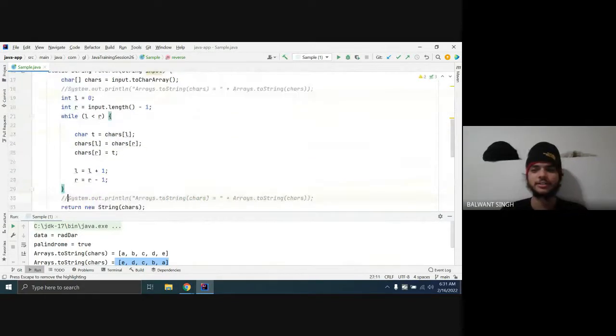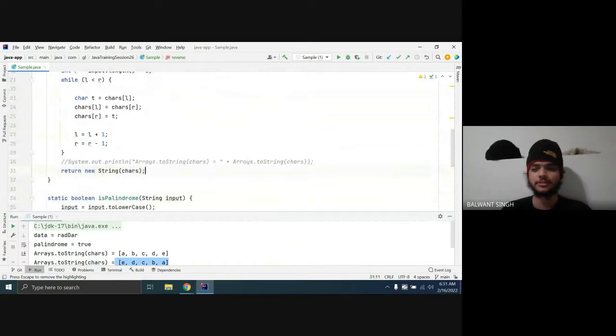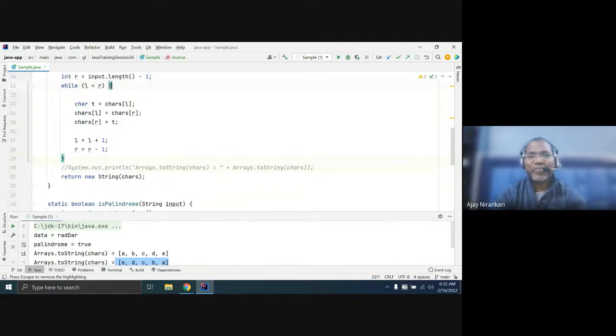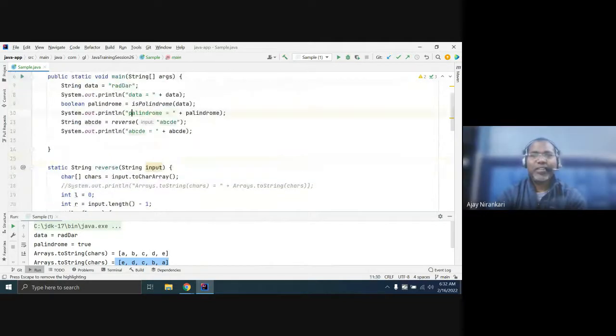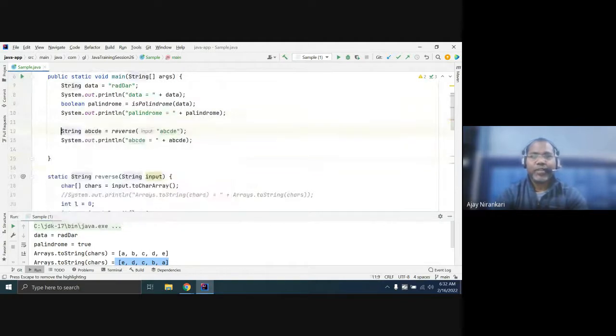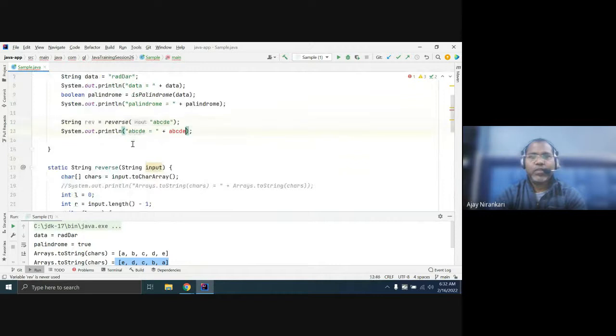Otherwise, sir, we can use a for loop and copy one by one. But this Java string class offers this facility, so why not use it, right? Yes. So here, now you get the reverse.